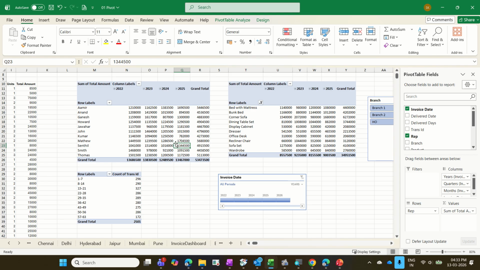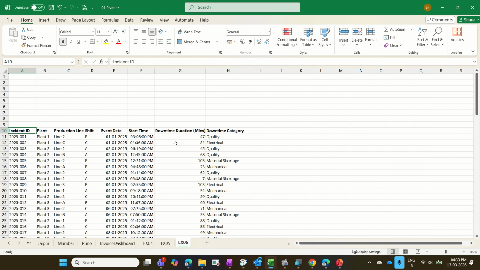Last and final report, then we'll jump on to the introduction of Power Query. Last and final report, exercise number 6. We have incident ID, we have the plant name, incident ID, plant names, production line, shift details, event date, and start time, duration, and downtime category. There are some columns available. Based on this,